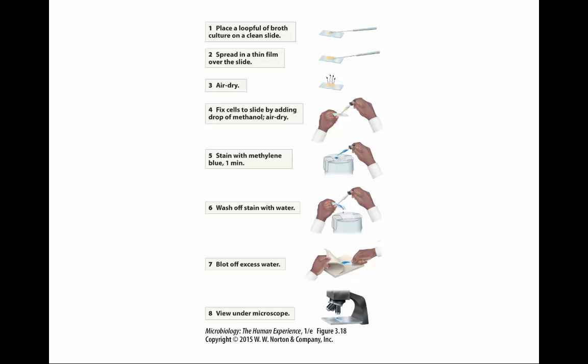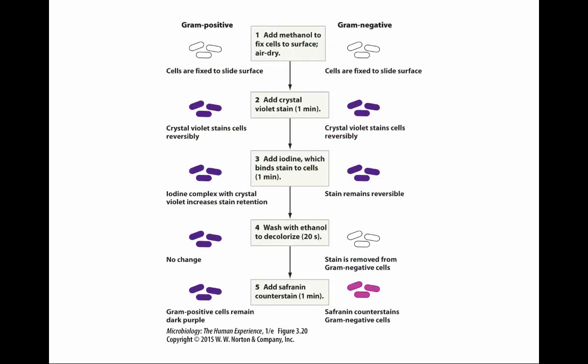To help get more information from the specimen, we tend to use differential stains. So differential stains can tell us the difference between different organisms. The most common differential stain in microbiology is the Gram stain, and so here we see a diagram of how that stain is conducted. Differential stains end up having 2 different colors at the end depending on the features of